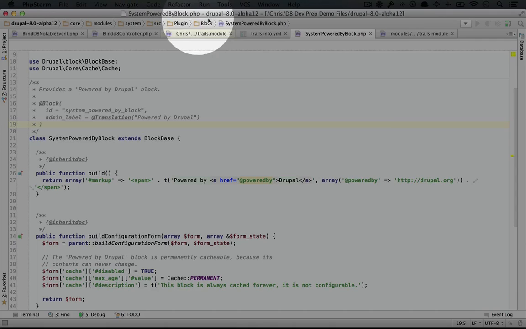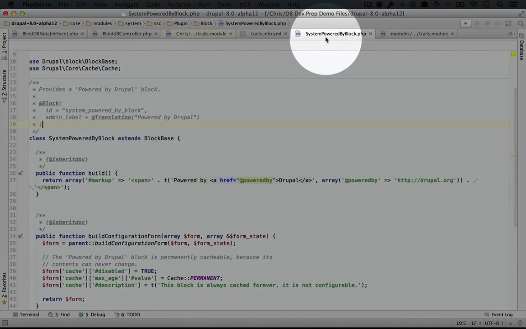So we can see here, this is the file system right here. This is the set of folders that this file is in. So this is in the block folder, inside of the plugin folder, inside of the source folder. So this source folder is kind of the key. That's the folder that's going to exist in all of our modules. So I'm guessing we're going to end up putting this inside of our source folder, in a plugin, and then